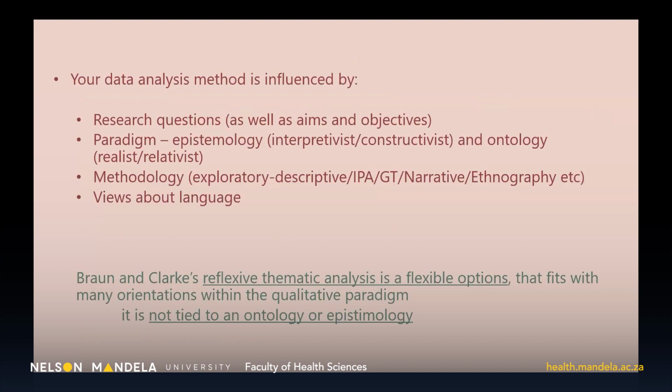Okay, so we know that the data is going to be very much linked to what research question you're asking, what this research approach is. Are you looking for an experiential, just describing somebody's reality? Are you looking to analyze it in a more in-depth manner? Are you doing an exploratory descriptive study? Are you doing an IPA study? But you're going to be choosing a form of